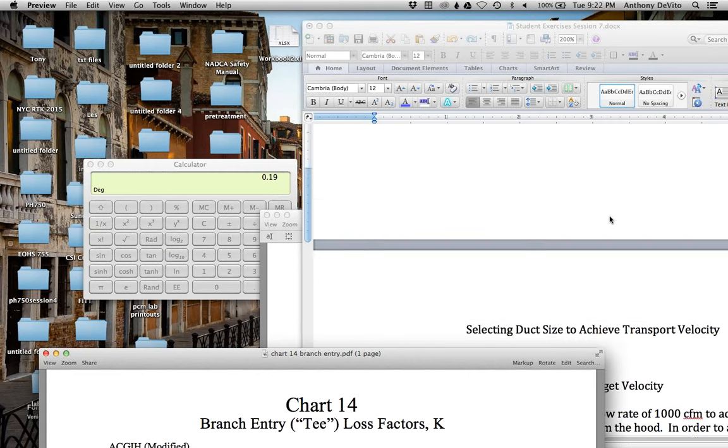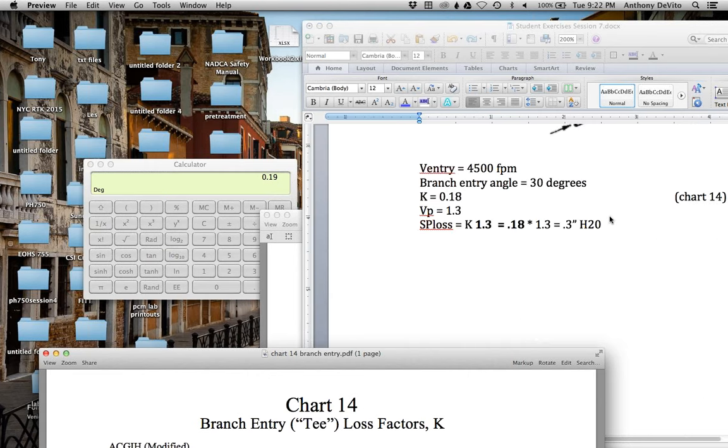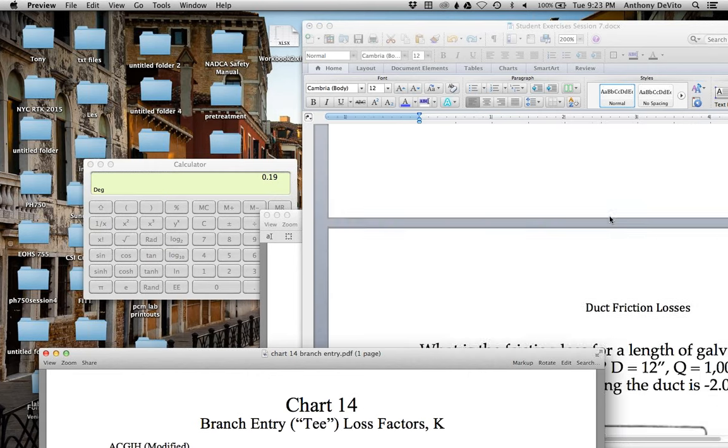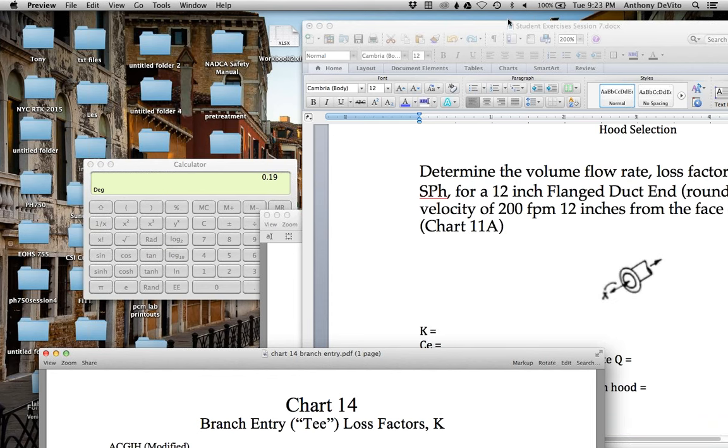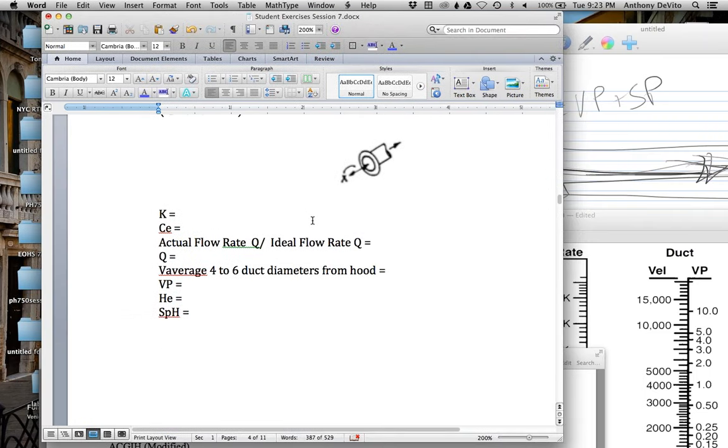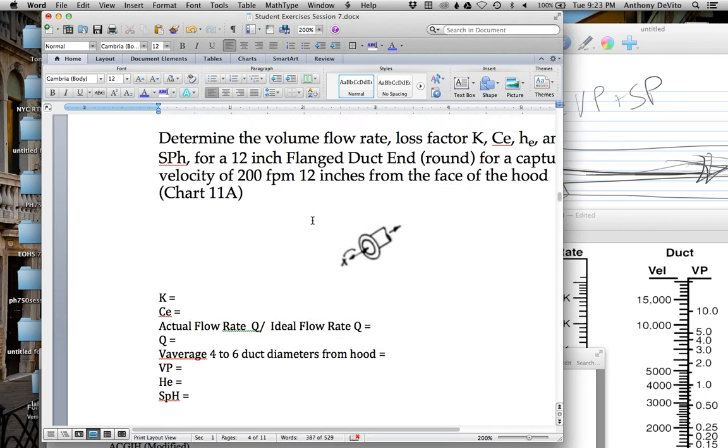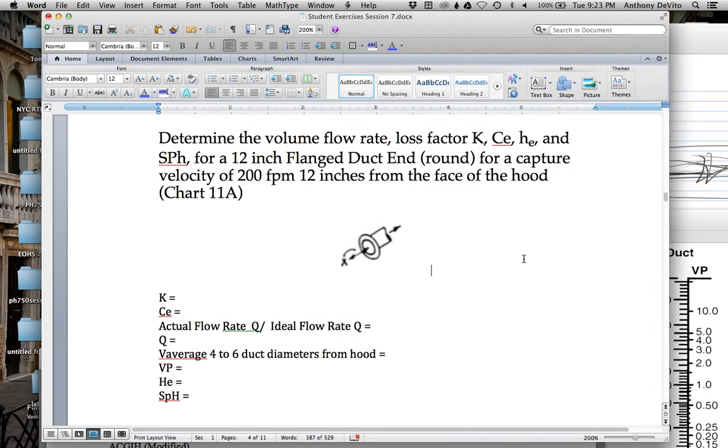Okay, so we're going to get to that in just a second. Okay, so now let's go back and take a look at our hood. Now the hood's got its own, we have our own deal for the hood, right? Each one of these different hoods, depending on their design, have various factors that we have to deal with. Okay, so for instance,